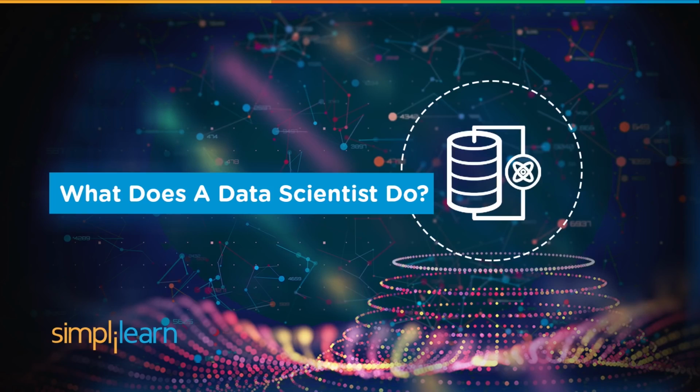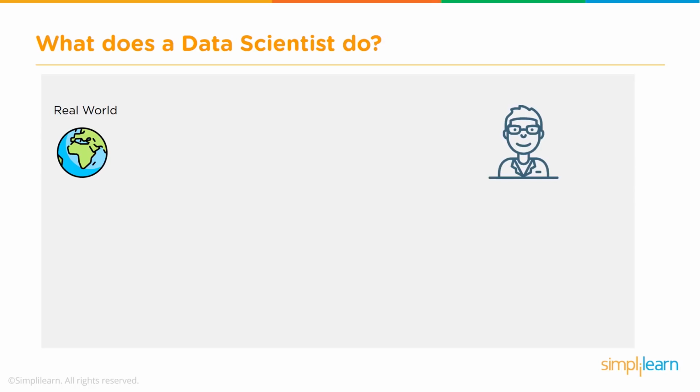Now, moving on to the life of a data scientist. What does a data scientist do during the course of his work? So typically, a data scientist is given a problem, a business problem that he needs to solve. And in order to do that, if you remember from the previous slide, he basically asks the question as to what is the problem that he needs to solve. So that is the first thing. He has got the problem.